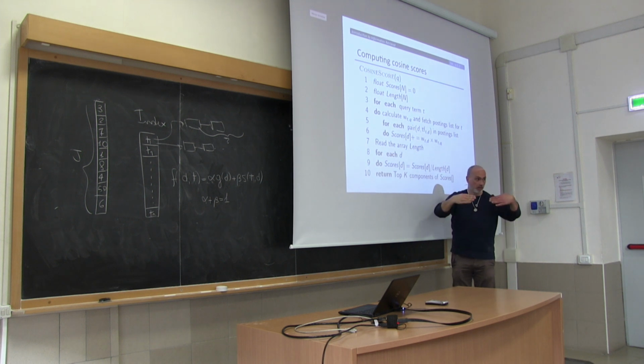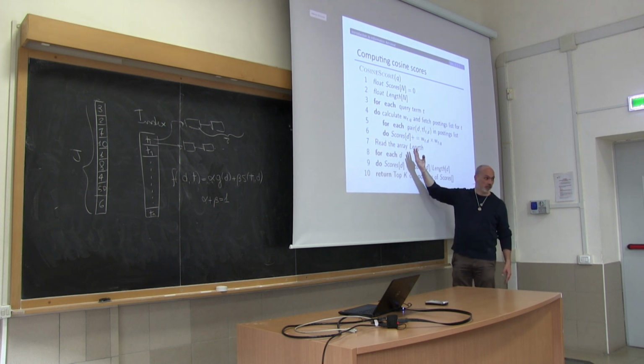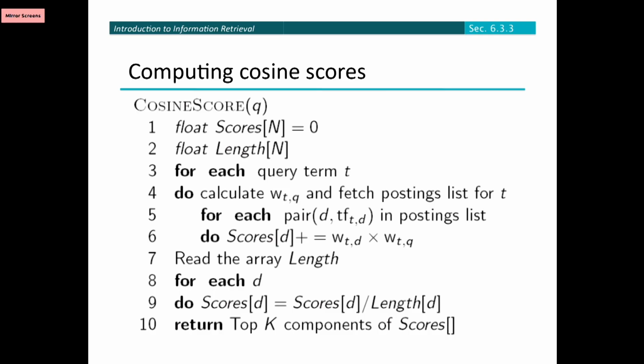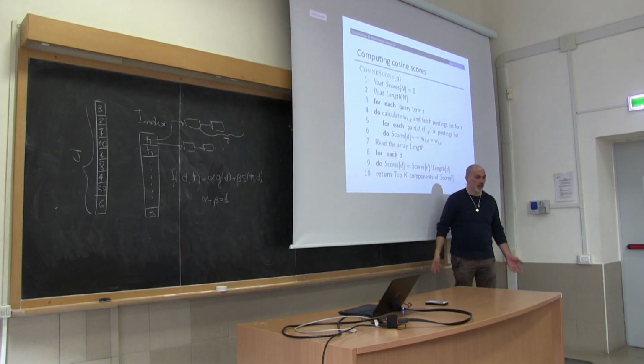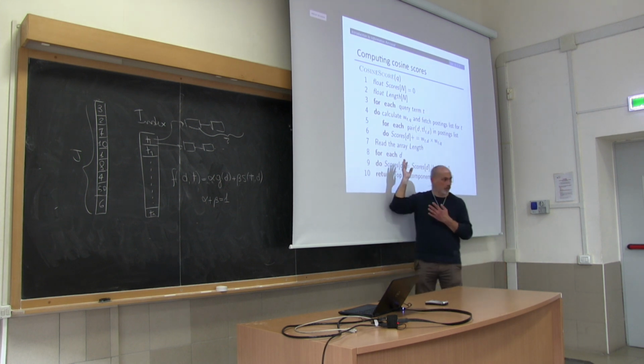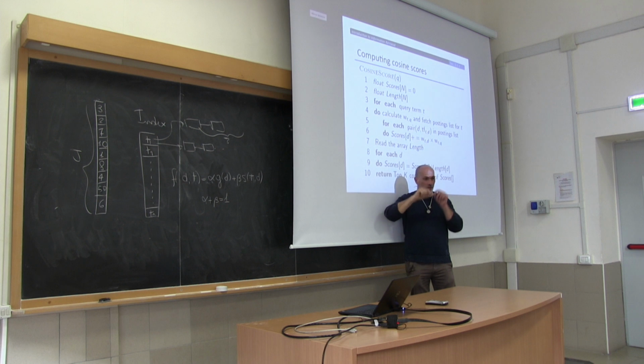If I wanted to do a parallel scan, I would need the same ordering within each posting list because I'm implementing a variant of the merge algorithm. But I'm not implementing a merge algorithm here. I'm just scanning them sequentially. Okay, so how documents are sorted within each posting list is immaterial. I don't care. Okay? Of course it works if you have a common ordering, but it's not necessary.